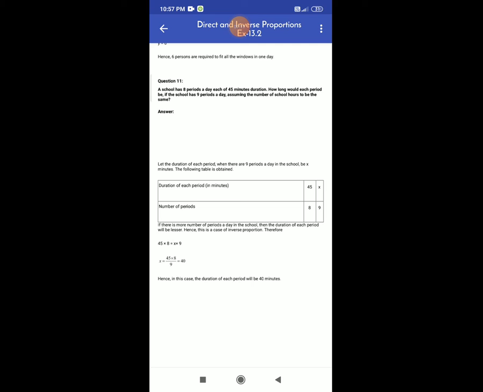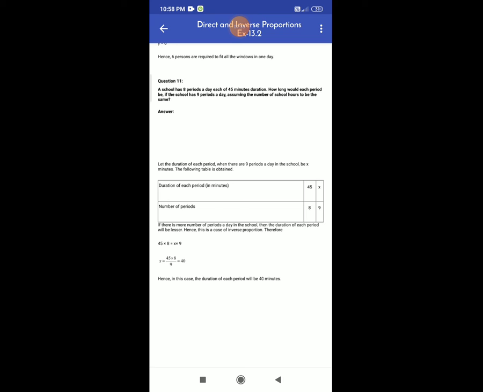The following table is obtained. Duration of each period in minutes is 45 and x respectively, and number of periods is 8 and 9 respectively. If there are more periods a day in the school, then the duration of each period will be lesser. Hence, this is a case of inverse proportion, and therefore 45 multiply 8 is equal